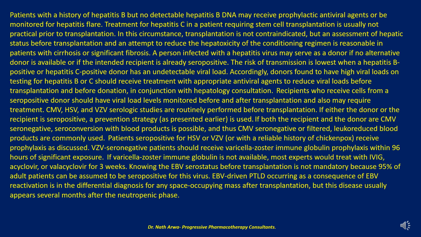VZV seronegative patients should receive varicella-zoster immune globulin prophylaxis within 96 hours of significant exposure. If varicella-zoster immune globulin is not available, most experts would treat with IVIG, acyclovir, or valacyclovir for 3 weeks. Knowing the EBV serostatus before transplantation is not mandatory because 95% of adult patients can be assumed to be